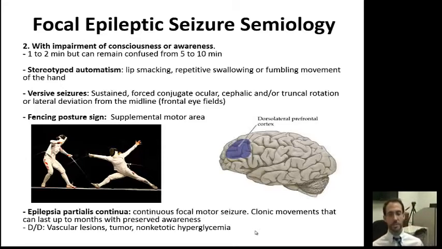alteration in the consciousness. And whenever you have a seizure that is starting to evolve and progress, affecting more and more areas of the brain, you definitely will have an impairment of consciousness. Now, if you have a very focal seizure localized to, let's say, a 1 centimeter, 2 centimeter area of the cortex of the brain, it should not affect your consciousness.